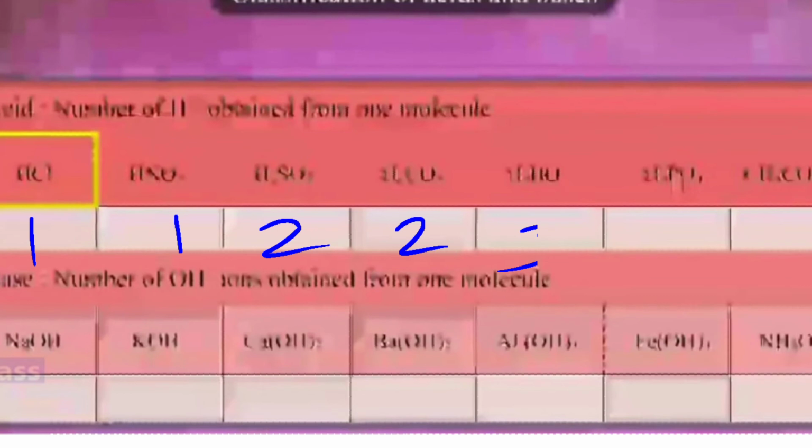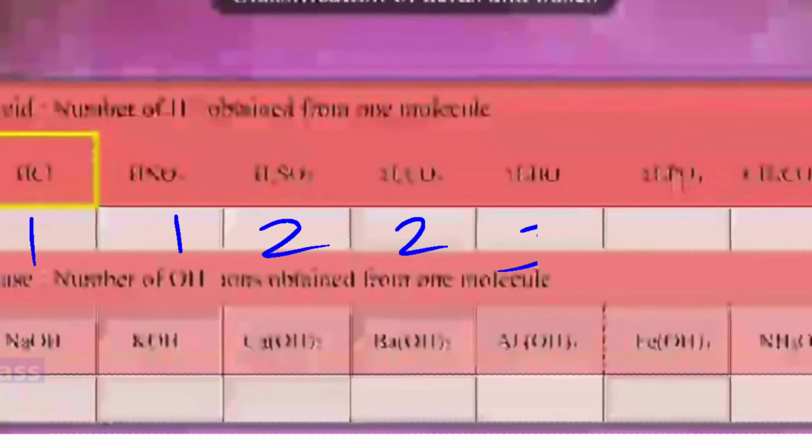CH3COOH, here this will be 1 because CH3COO is a complete negative group. Okay, this is one negative group and you have H plus as only one ion. So only the last is a little tough, that basicity is 1.